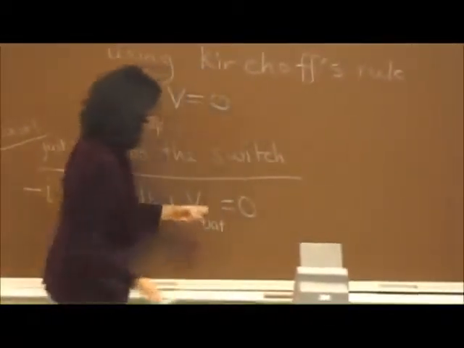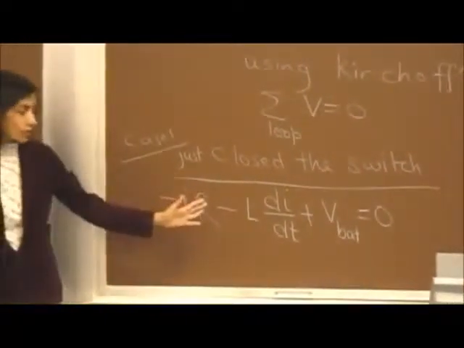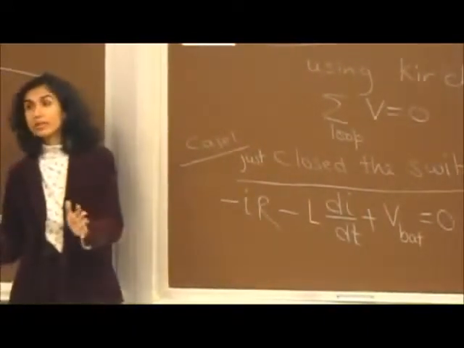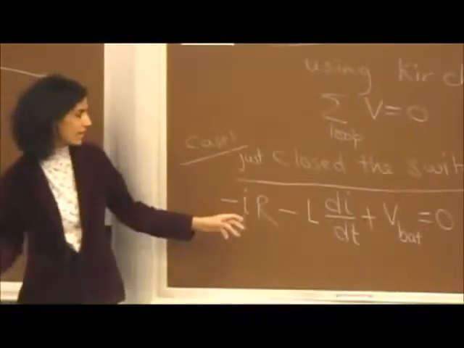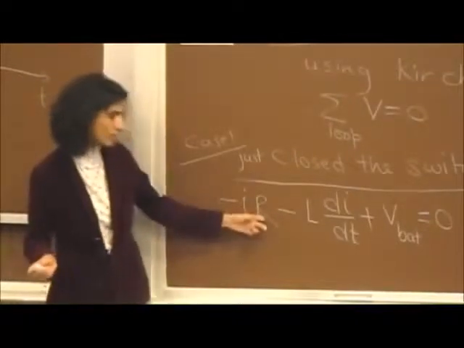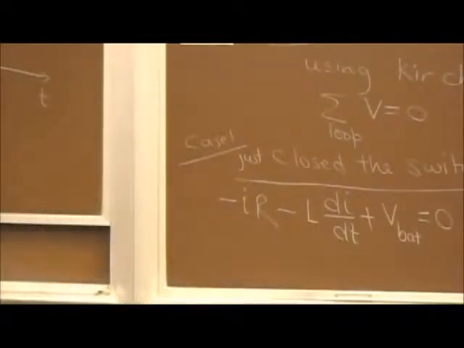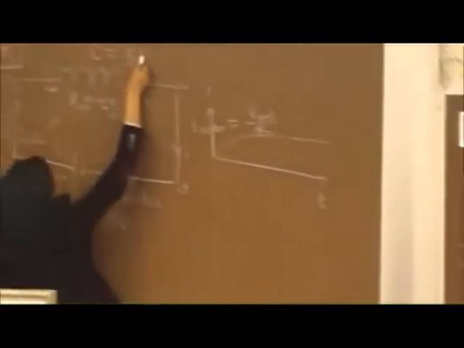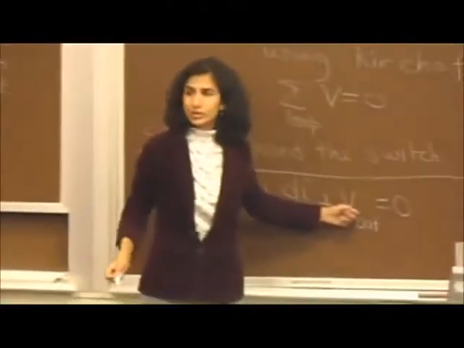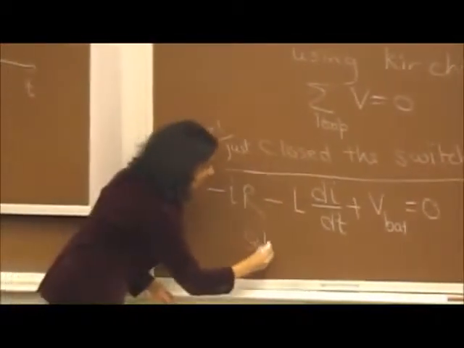V battery is constant. This is a differential equation, right? It turns out this is a first order ordinary differential equation, which is really easy to solve. Anybody who has taken a differential equation course will realize, what are we solving for? The current. We know everything. We have been given the resistance in this circuit, the inductance of the coil, maybe let's say 5 Henry or something, and the battery voltage. What we need to find is the current as a function of time. So solve this differential equation